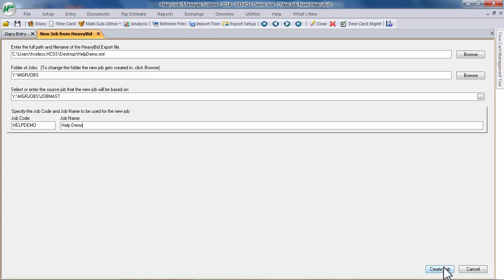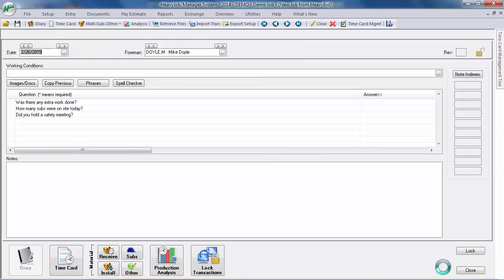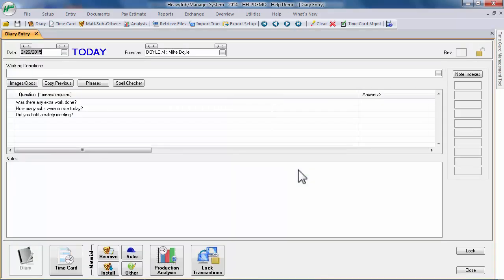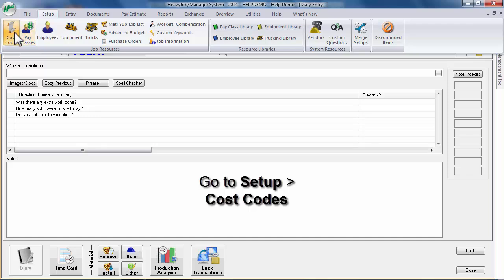Then we click Create Job in the bottom right corner. We get a pop-up box saying Import from HeavyBid process is complete. Hit OK. Takes us to our default diary screen. If we were going to go to Setup Cost Codes,